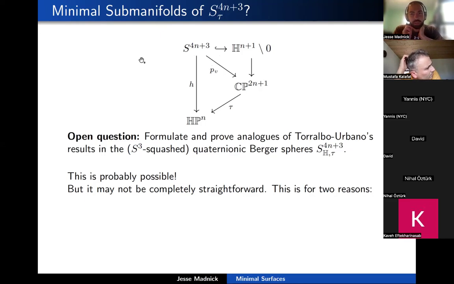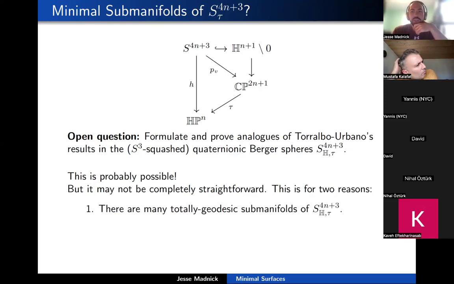But I think this comes with some warnings. Oftentimes when you take a result in the complex setting and you try to go to the quaternionic setting, sometimes it's straightforward. Sometimes you take a result in CPn, you move to HPn, and everything works just fine. But here I wonder just how straightforward this might be. And there are 2 reasons why such a generalization might not be so straightforward. So first of all, it turns out that